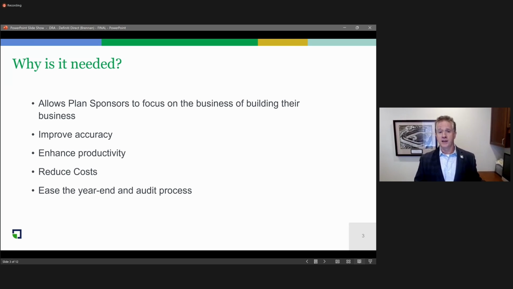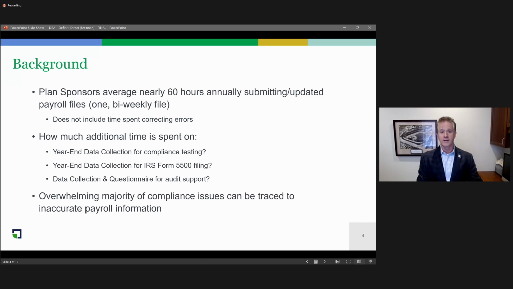That time spent uploading and correcting census and payroll data, and ensuring that everything is secure, costs time and money for the plan sponsor. So the ability to outsource that responsibility can assist them in reducing costs and being more productive. And finally, this is probably an unintended consequence in many cases for plan sponsors who utilize this type of service: it eases the year-end data collection process as well as the audit process for plan sponsors that need to go through a required audit.